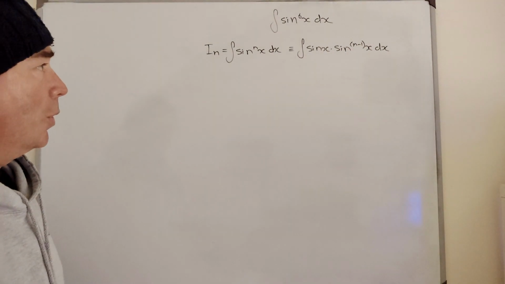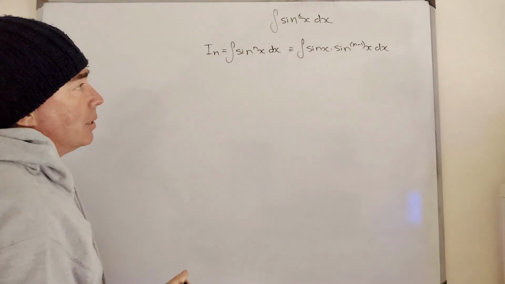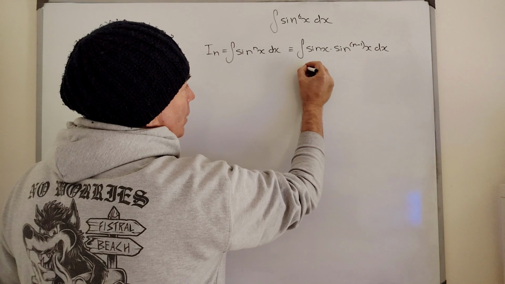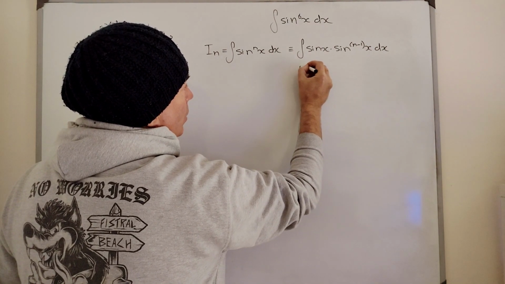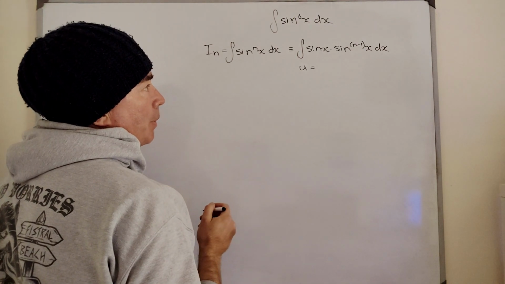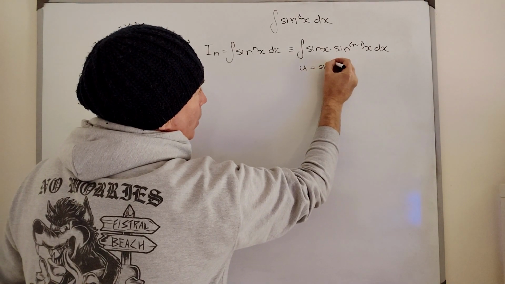As you can see, that now becomes a product, and if it's a product, we can use integration by parts. So we're going to say that u equals, well, since we are trying to integrate a large power, logically we're going to use u as sine^(n-1) x,